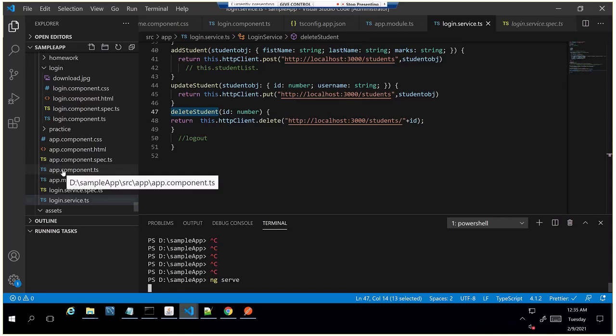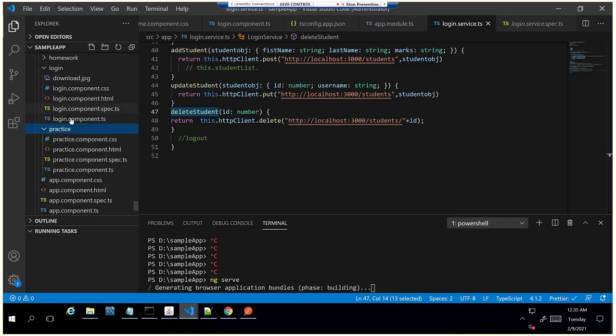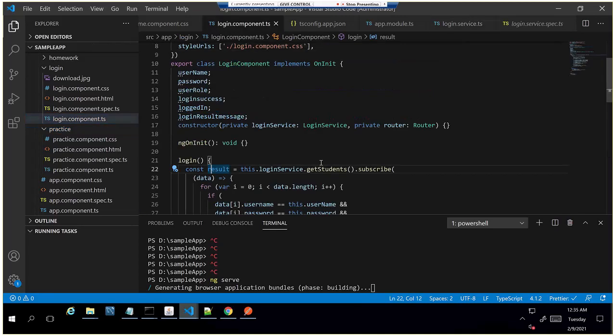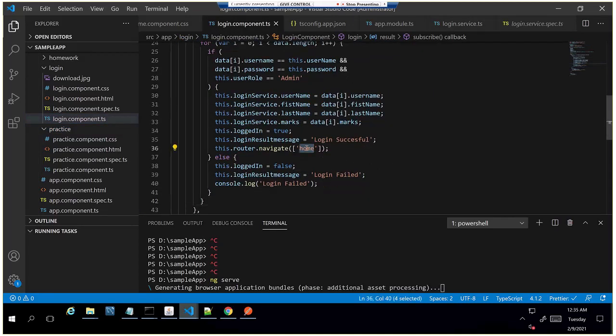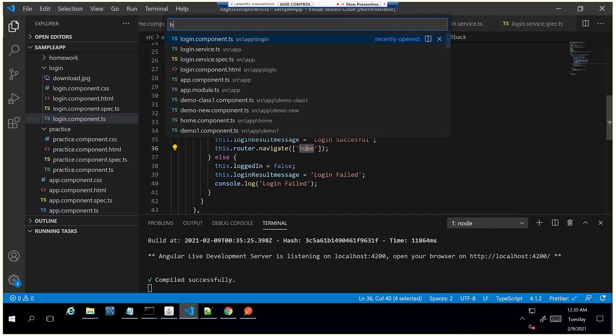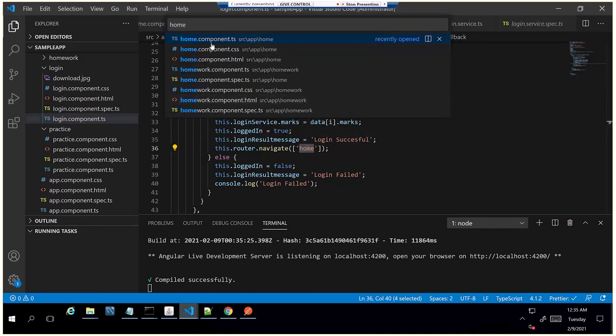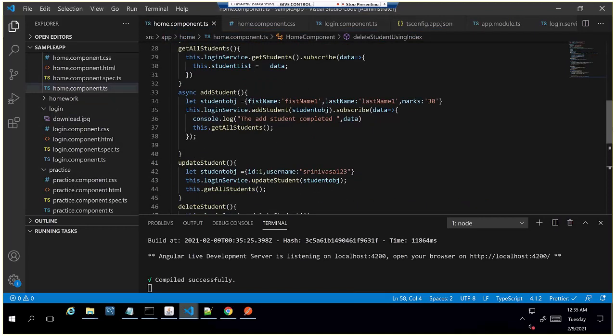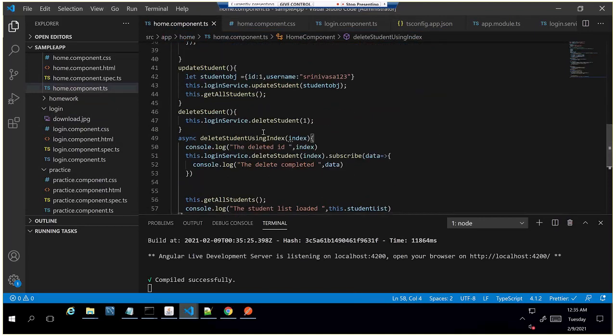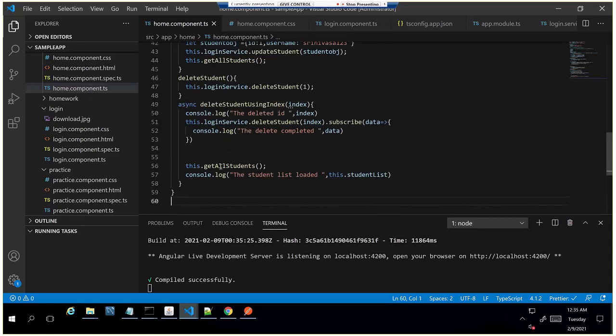Inside our home component, login component we are redirecting to one. We have delete code, delete student, delete user, accounts.